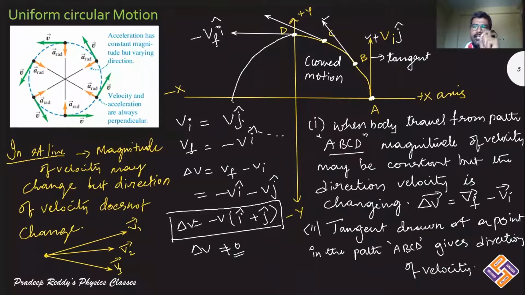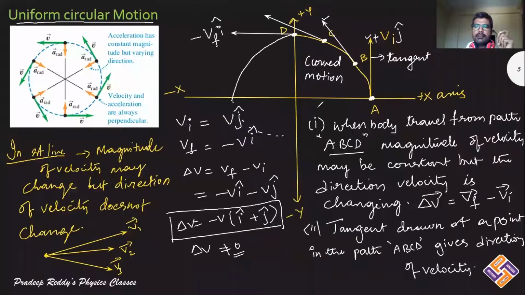So curvilinear motion, in the sense, if the path is in the form of a curve, the direction of velocity is continuously changing with respect to time. We call it curved motion. Such net curved motion, if you add all those paths of curved motion, you will be getting a circle. Such motion is said to be a circular motion. That is what we are now able to define, what is meant by circular motion.